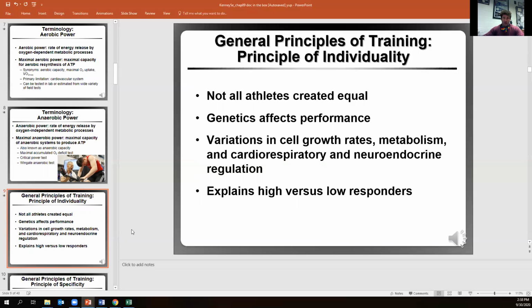That's what's referred to as a high responder and a low responder. Genetics are a big component of this, and so is your environment, your nutrition, and everything going into it. So if you get a program that was written for some crazy high-level athlete, that's not necessarily for you, because how your body's going to respond, the rate at which you're going to make those improvements, and the amount of work you're used to are all going to be very different, which lends itself to then